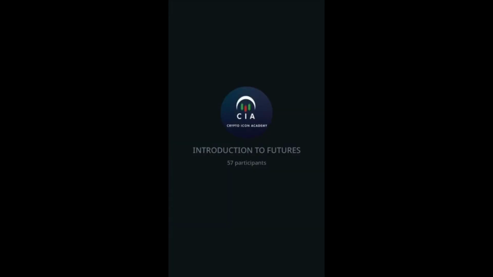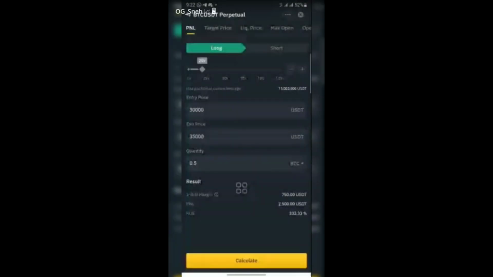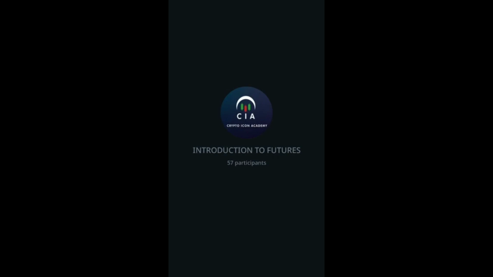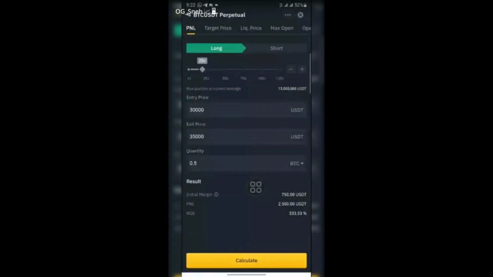But for now, if you are the type that still depends on signals, this is another takeaway for you. This is another bonus for you. So if anybody drops a trade for you, before you enter that trade, firstly go and look. Okay, you said I should long the market. I've longed it. If they say you should short the market, just click on the shorts.